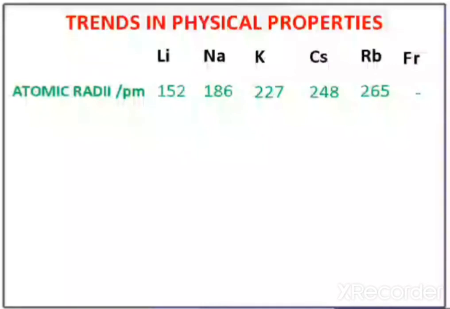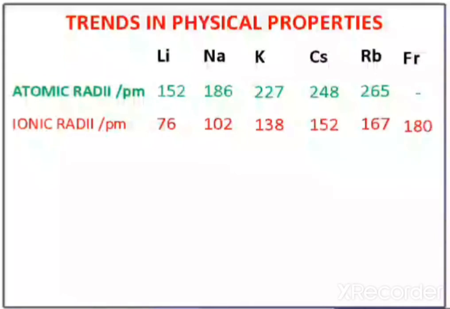Now, why is the atomic size of francium not given? Because francium is a radioactive substance, so it's very difficult to collect francium in solid state in a stable form. Its half life is 21 minutes, so within half an hour it will decompose. That's why it's quite difficult to measure the atomic radii of francium. For ionic radii, moving down in a group, it is continuously increasing. If you convert francium into its compound, then it is stable, so ionic radii is measured.